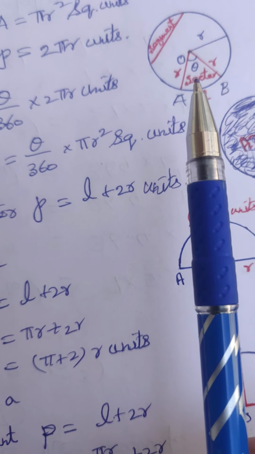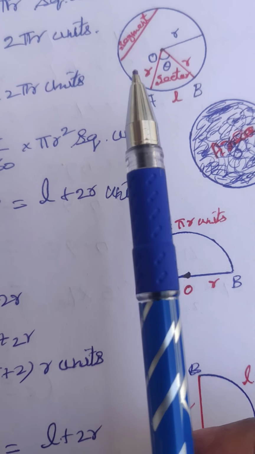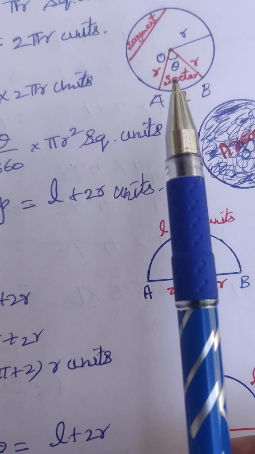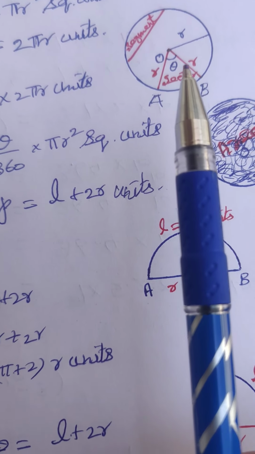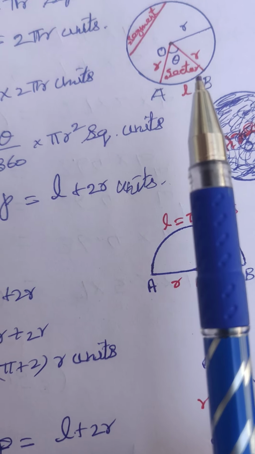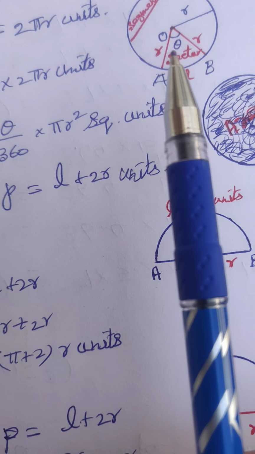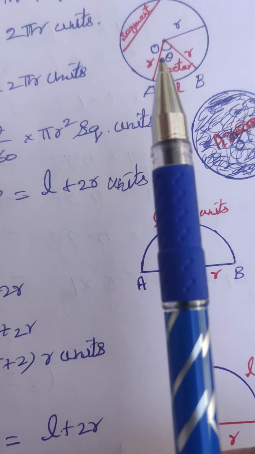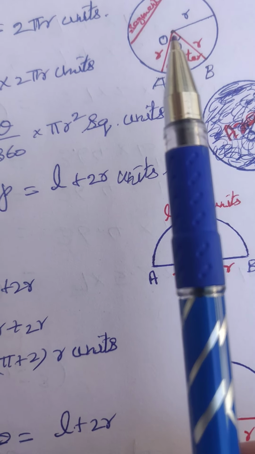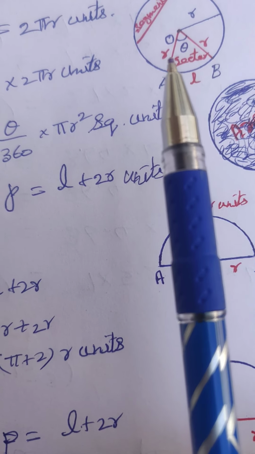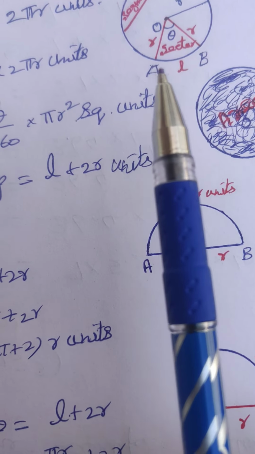Then we see the next new idea, sector. What is a sector? In between the circle, the small part OAB is called the sector. A part of a circle, OAB, is called sector. In between these two radii, we have here angle theta. So in a sector, the center angle is theta, then radius here, this L is called AB, this L is called